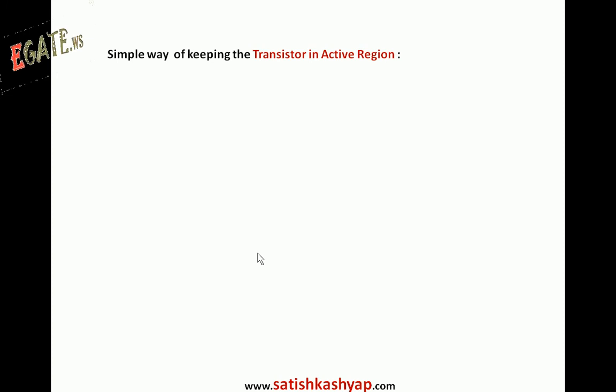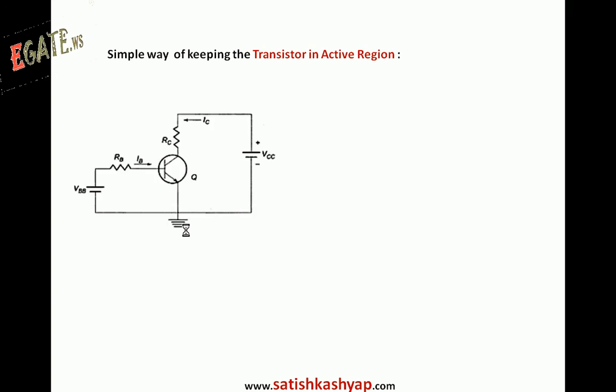Now we will see what are the possible things. A simple way of making it is this circuit. Here this is emitter base junction, and the arrow is going outwards, so that is an NPN transistor. For NPN transistor, base is of P type, so base and emitter form a PN junction, and base is more positive, that is P side is more positive than N side, that is emitter side, so that emitter base junction is forward bias, and by applying VCC more than VBB,